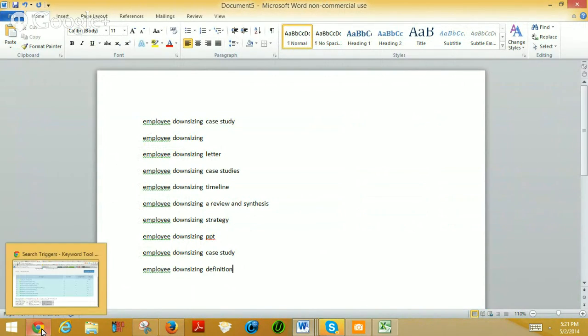So now you have all those words in, and you could start to sprinkle these words throughout the article that you're writing. You don't necessarily have to repeat them. You have to understand what Google and all the other search engines are looking for. They're looking to see, is it a phrase? Employee downsizing case study is a phrase. If enough people are searching for a given phrase, you're going to get a match in search and you're going to get some traffic. The whole point of engagement is,